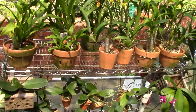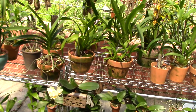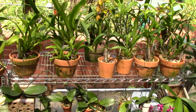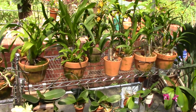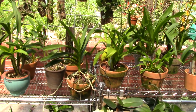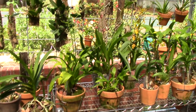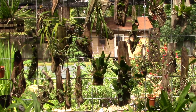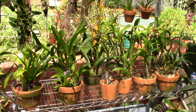I'm out scrubbing pots today, cleaning algae off pots, a little bit of moss. It's mainly on the ones that I have moss growing in the pots. Those are the ones that grow it. And so I'm going to do a little scrubbing today on some of the pots, get them polished back up, because they're going to be going back inside here in a few weeks. And I'm going to tie a few bulbs and a few more new growths so I don't break them off. And I'm going to go through today and finish sprinkling on my